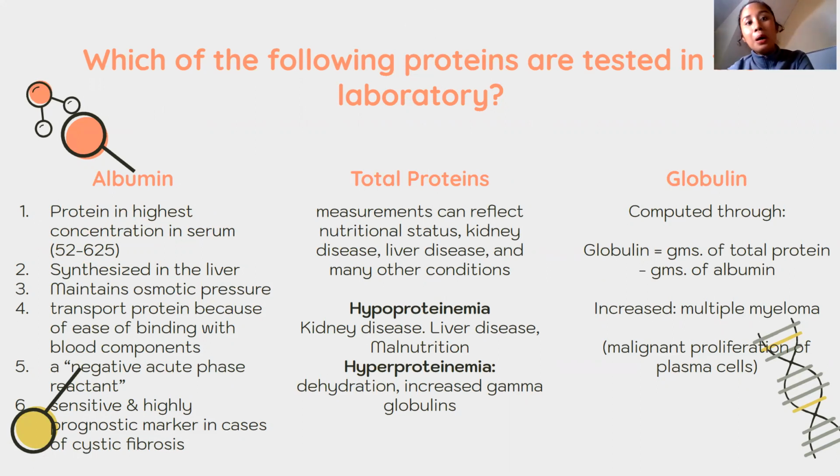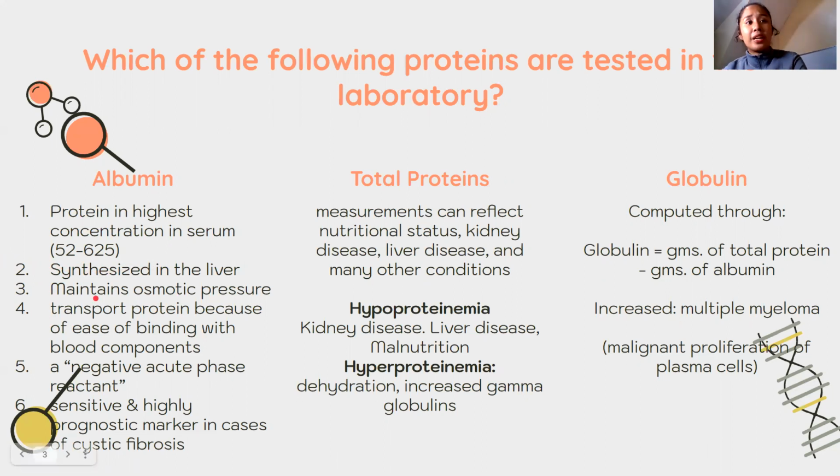It has the highest protein concentration, 52 to 62 percent. Class, when we talk about proteins, the main organ that synthesizes your proteins is the liver. So if there is a decreased protein level, it could actually be due to your liver function. Most proteins are synthesized in the liver, except those from plasma cells. The plasma cells are the ones that produce your gamma globulin.